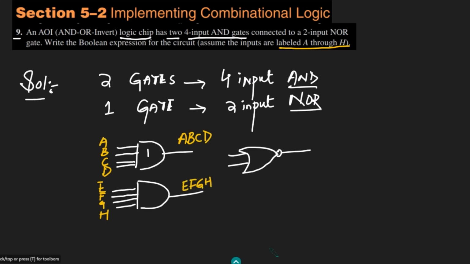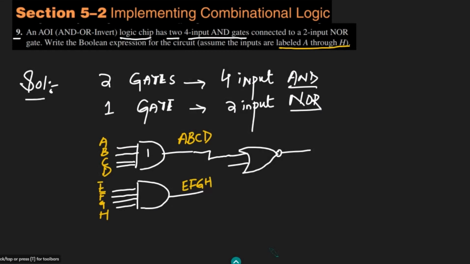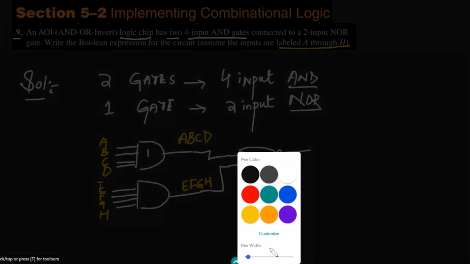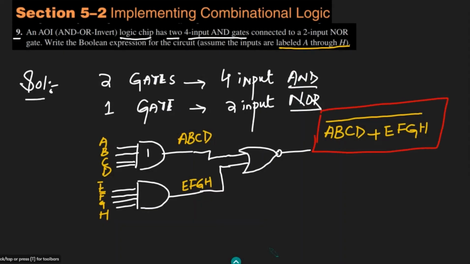Now these inputs are given to what? These are given to this circuit as an input. So when these are given to it, what will be the output here? The output here, let me write it with this blue color, this yellow color as well. So it would be A, B, C, D plus E, F, G, H, and due to the NOR gate it will be whole complemented, and this is the output expression for our circuit which we had to find out. So on the basis of the statement we have found out the hardware description, that is the